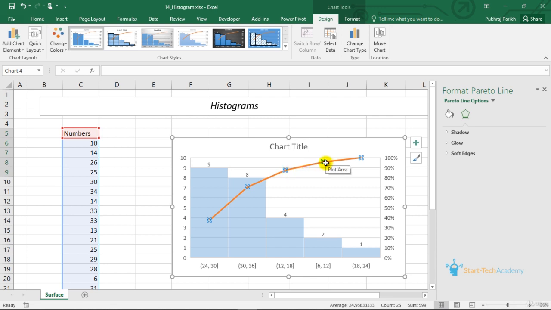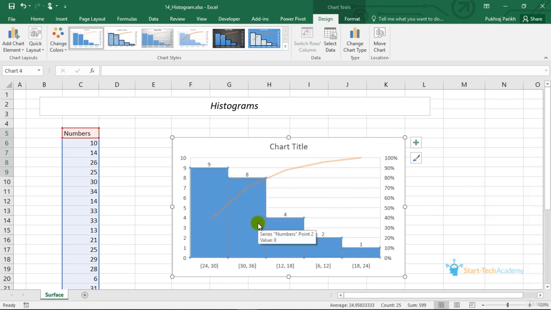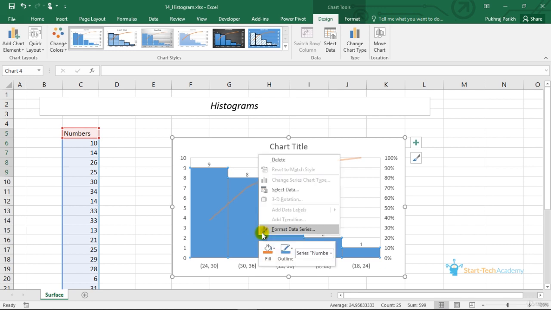After adding the fourth category, it becomes nearly 95%. And the last category adds up to 100%. So using Pareto, you can estimate how many of the categories contribute to how much percentage of the total.